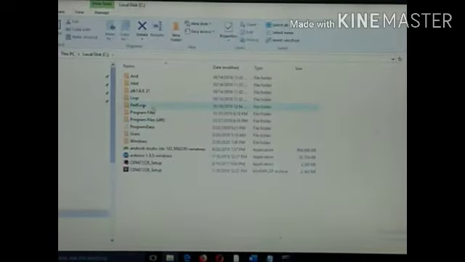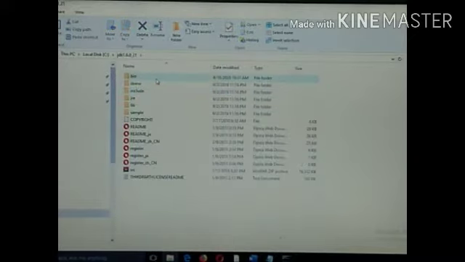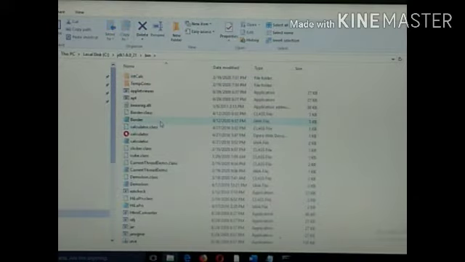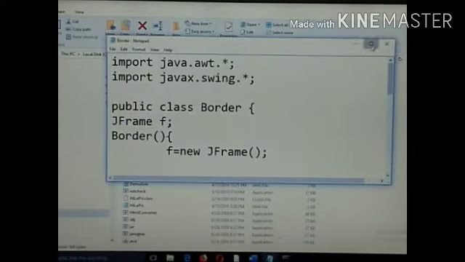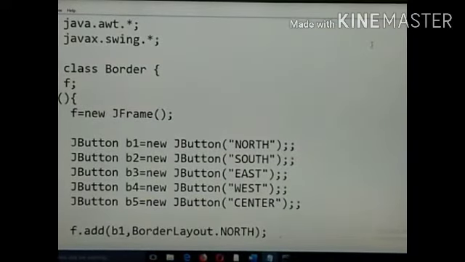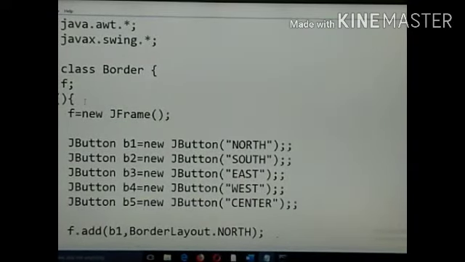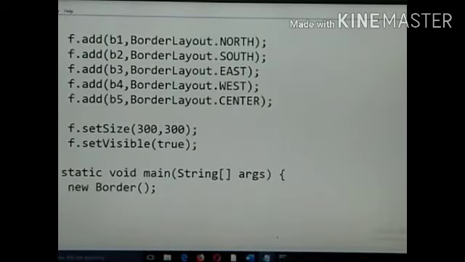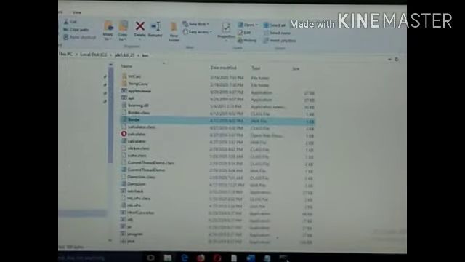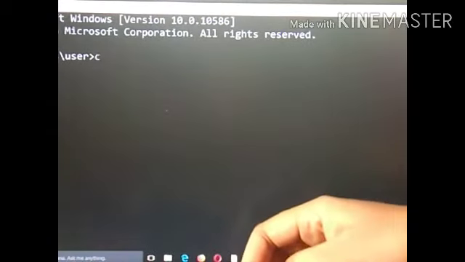Border layout is there. I will show that. So this is the program for border layout. Public class Border, JFrame Border. All these things are same. Here I am having buttons showing the values north, south, east, west, center. That's all. 5 buttons I have included. Only 5 possible areas we have here. So here we can run and see the execution of this. Already I have compiled. The same thing I have to do now.